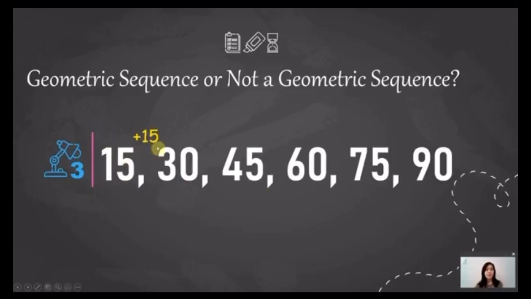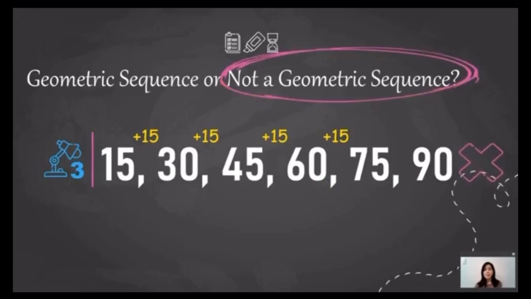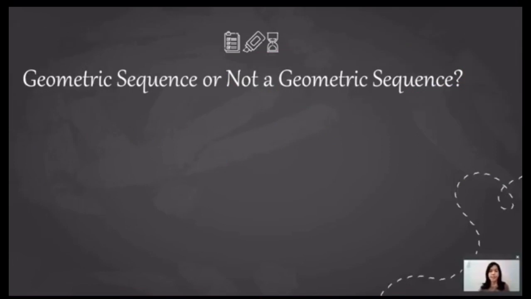15 plus 15 is 30. 30 plus 15 is 45. 45 plus 15 is 60. 60 plus 15 is 75. And 75 plus 15 is 90. So adding the same number, adding a constant number, means it is an arithmetic sequence and it is not a geometric sequence. For our third example,